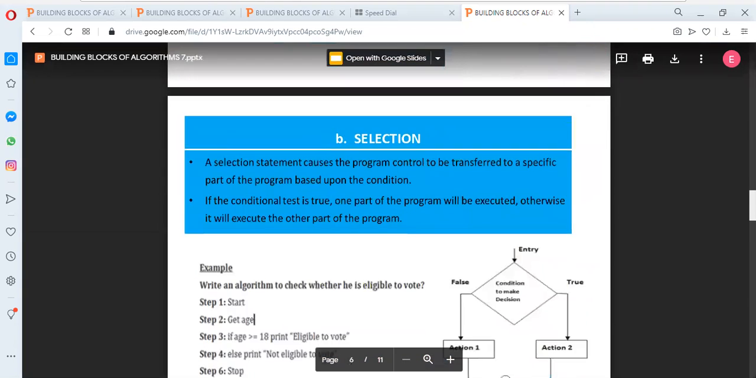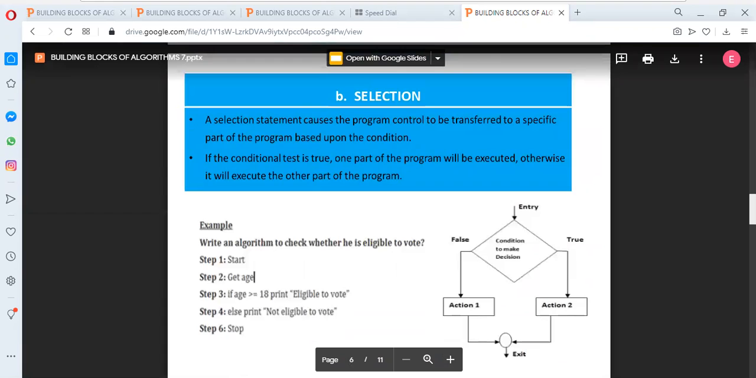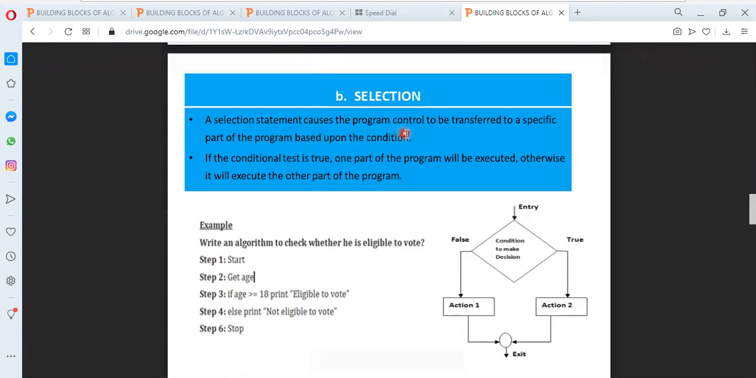So next, selection. A selection statement causes the program control to be transferred to a specific part of the program based upon the condition. If the conditional test is true, then one part of the program will be executed; otherwise, it will execute the other part of the program. So here, in this example,